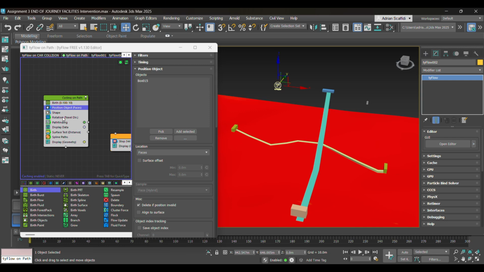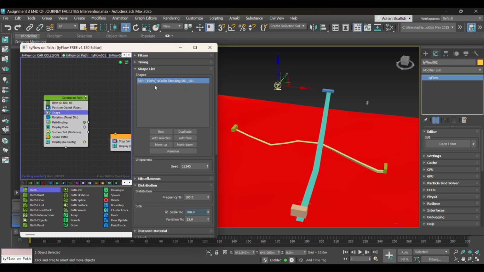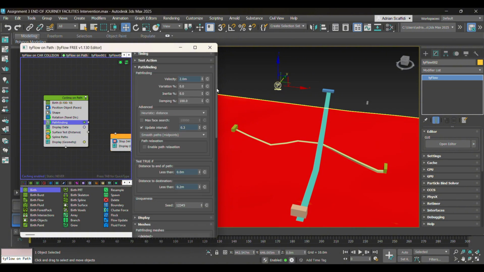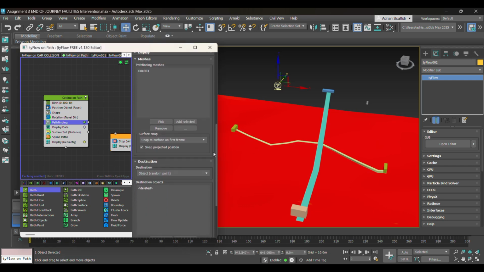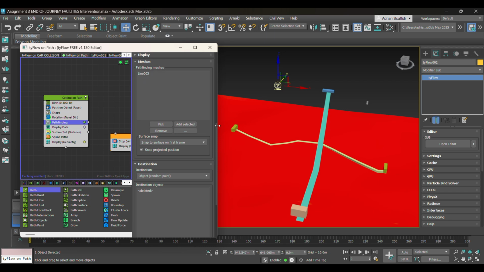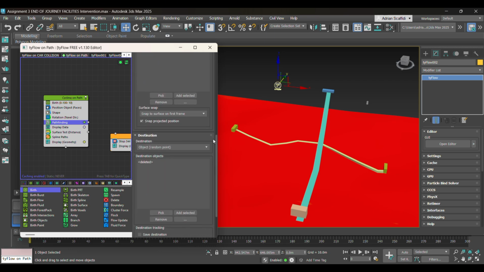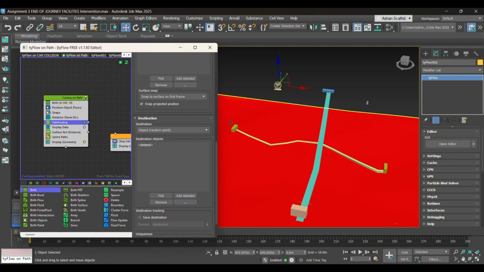pick our object, and we want the start point on this side, and as you notice it becomes there. Then shape, I've got a reference cyclist in there. You can download these from multiple websites, CAD blocks, etc., and just import them in. Pathfinding, again, scroll down, remove any existing ones, pick our path. I haven't labeled these. As you see, that just comes up as line 03, but it is best to label everything so that you can keep track of what each path is and what each node is. We want the destination here,